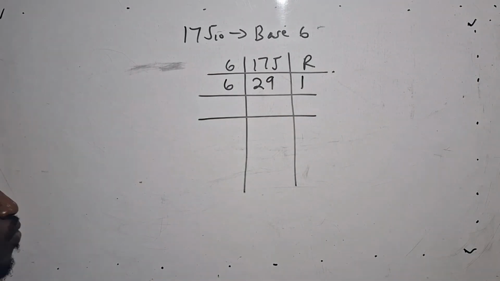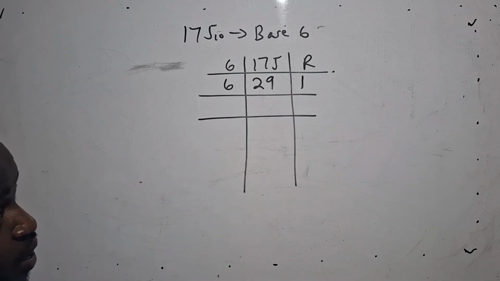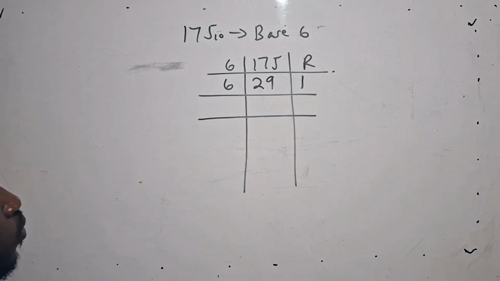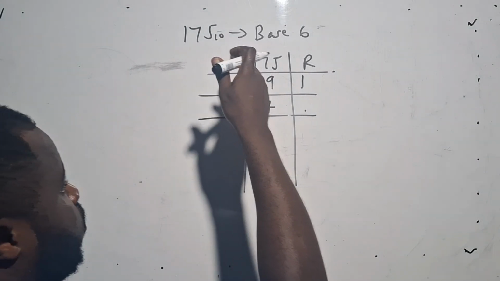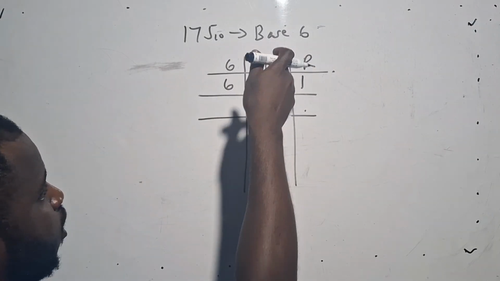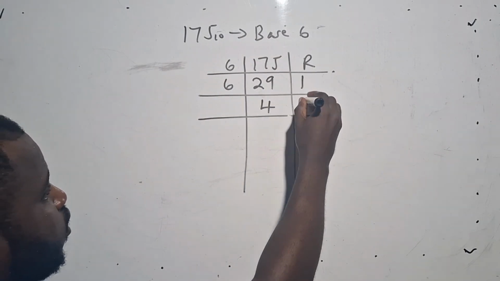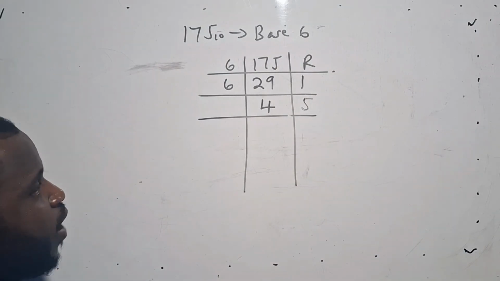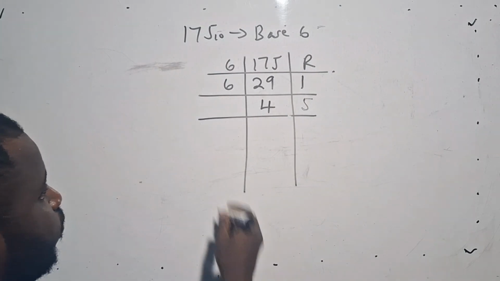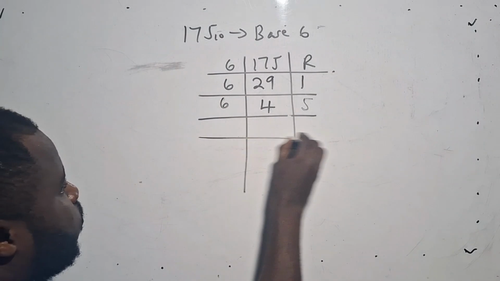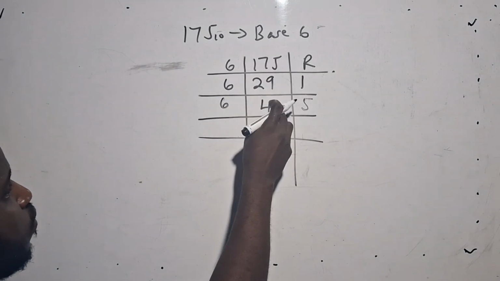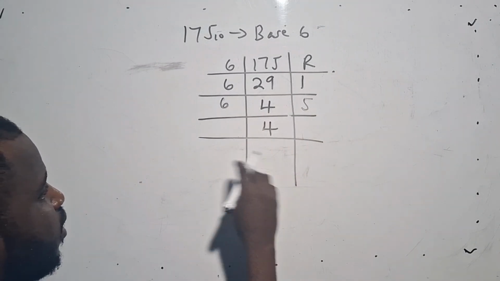Now 6 can divide 29 how many times? 6 times 5 is 30, so it means 6 times 4. So 6 will go into 29 4 times. 6 times 4 is 24. 29 minus 24 will be what? 5. So remainder 5, 6 again. And 6 divided into 4, no. So I'll bring that remainder, that is left,